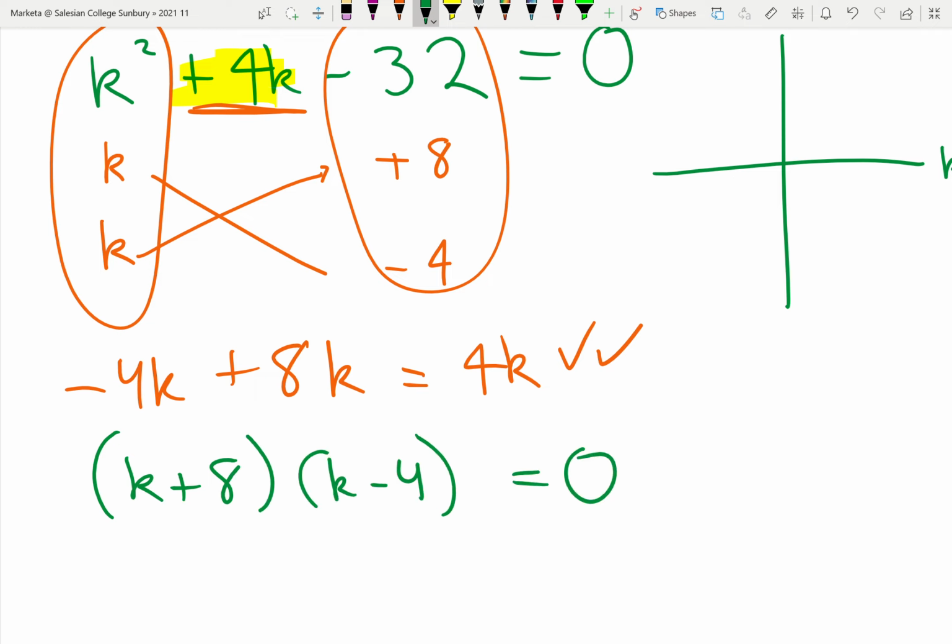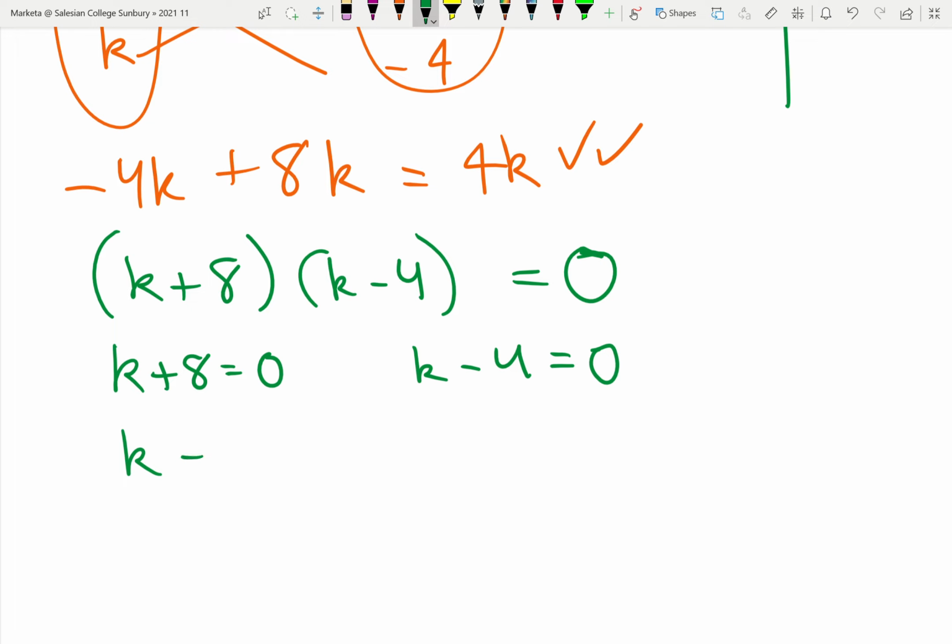0. And if you do remember from last year, in year 10, where you sketch quadratics, we can find the x-intercepts like this. I might do that after. First I'll just say k plus 8 equals 0 and k minus 4 equals 0. So we can see that k equals negative 8 and k equals 4. So these two values are the values of k that will give us one solution, because that's what happens when